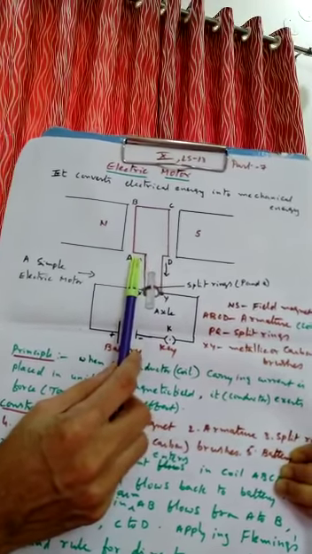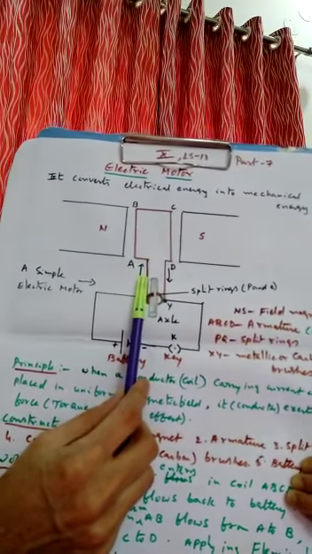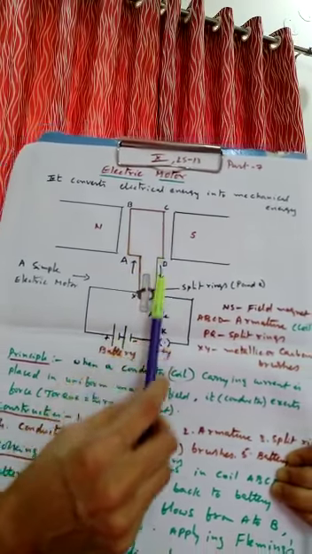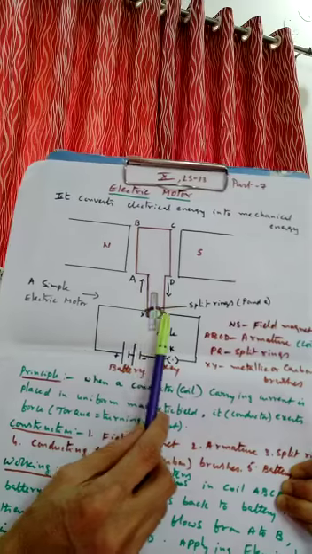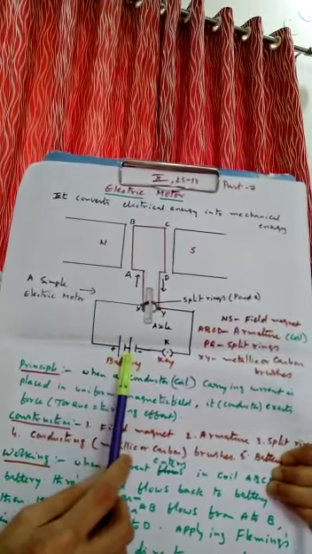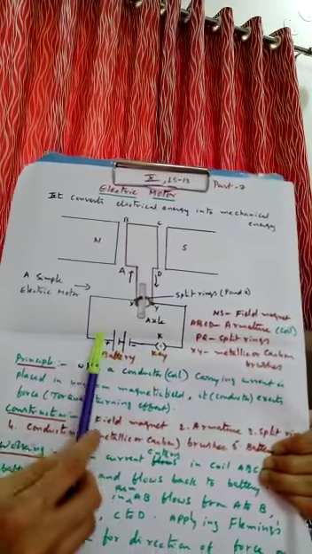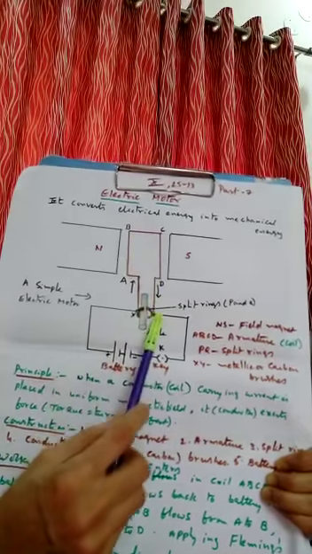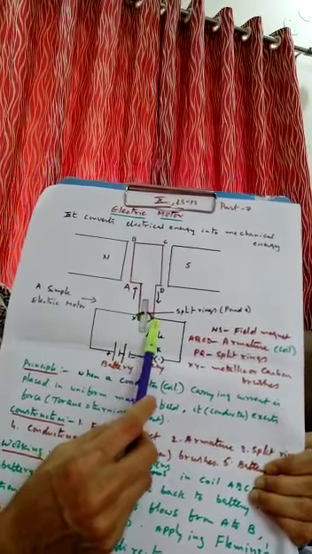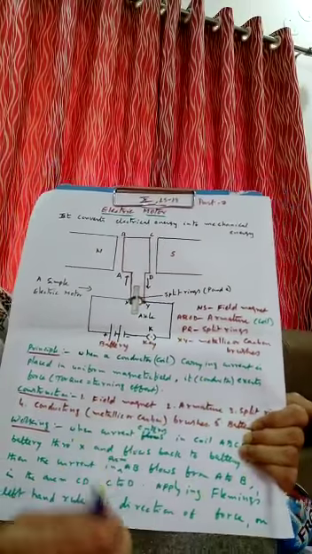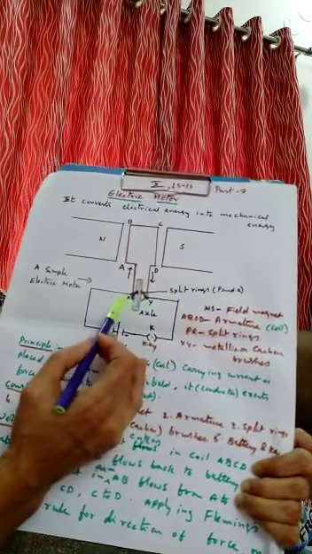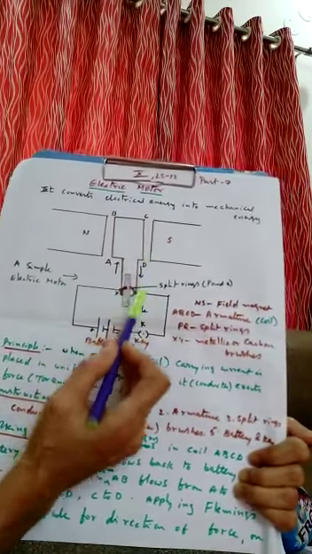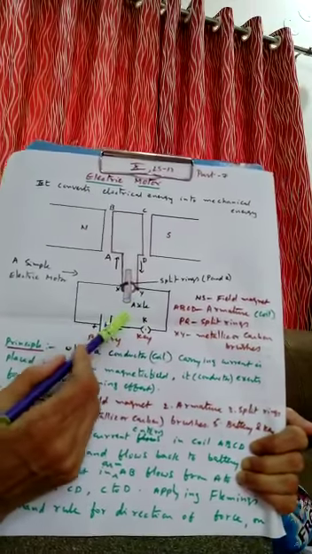Armature is nothing but a soft iron core on which insulated copper wire is wound. The two ends of the copper wire are connected to X and Y. X and Y are the points which can be supplied with current. They are connected to the battery and key. So current flows through X and Y to the armature here. And here the X and Y slip rings, also we can call them. Then brushes. These are the split rings and brushes X and Y through which the current is supplied and the axle rotates the coil. This is about construction.